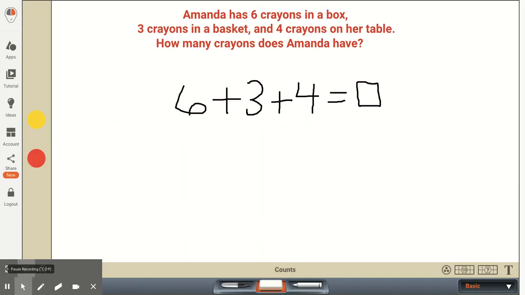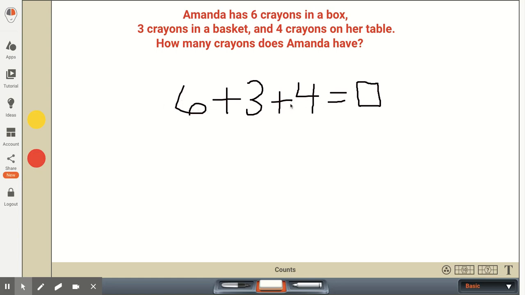So after a student feels comfortable using concrete objects like counters or Unifix cubes, then they may have moved on to using drawings. They might be drawings of a 10 frame or counters. Then finally, they can get to the point of just using the numbers, just using these digits to represent the crayons. And then there'd be a couple of different ways they can do this. If they list this